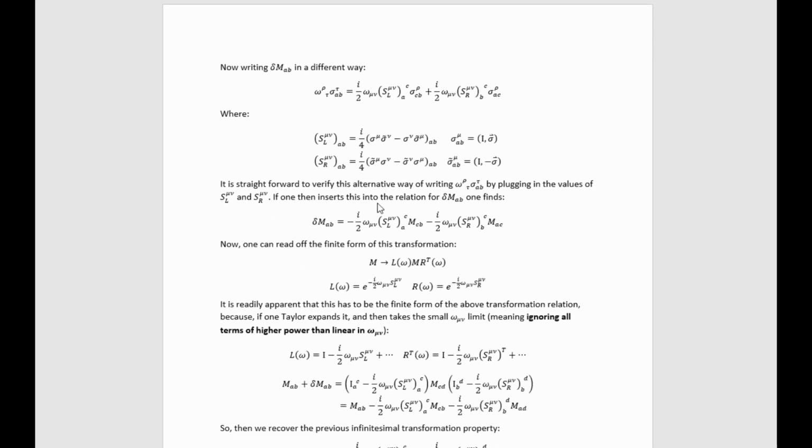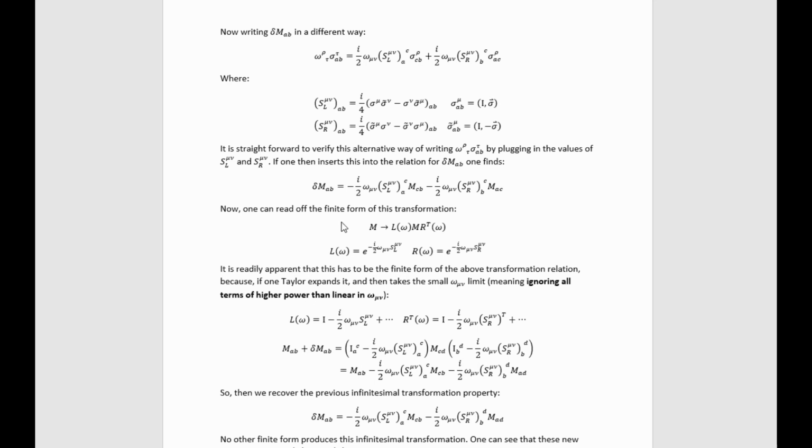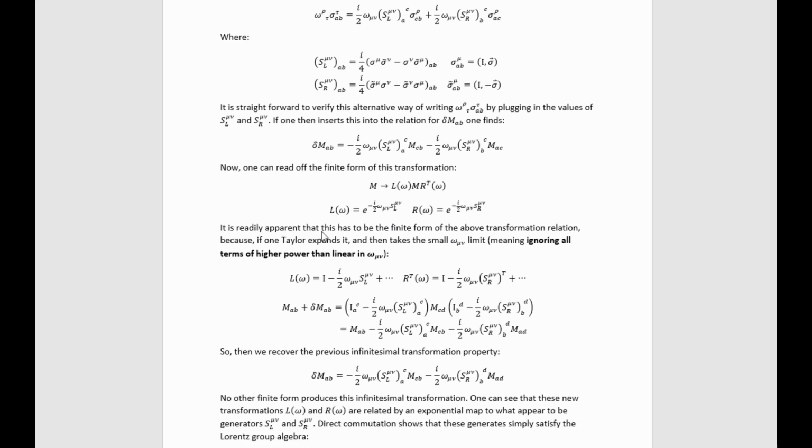If one then inserts this into the relation for delta MAB, one finds this quantity here. Now one can read off the finite form of this transformation from the infinitesimal version. It just works out to be this if we take the L and R matrices to have these values here. It is readily apparent that this has to be the finite form of the above transformation relation, because if one